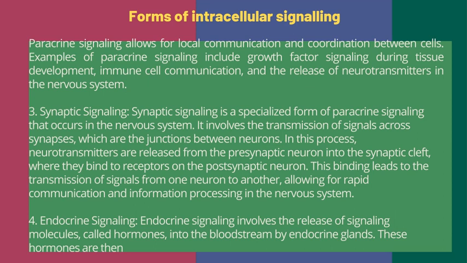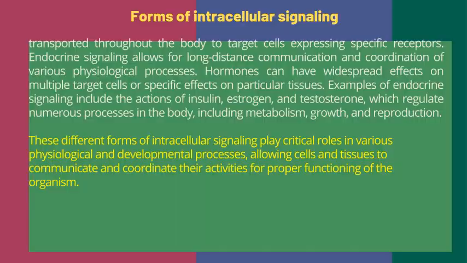Fourth, endocrine signaling. Endocrine signaling involves the release of signaling molecules, called hormones, into the bloodstream by endocrine glands. These hormones are then transported throughout the body to target cells expressing specific receptors. Endocrine signaling allows for long-distance communication and coordination of various physiological processes. Hormones can have widespread effects on multiple target cells or specific effects on particular tissues. Examples of endocrine signaling include the actions of insulin, estrogen, and testosterone, which regulate numerous processes in the body, including